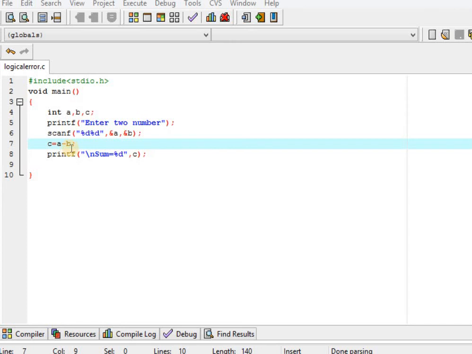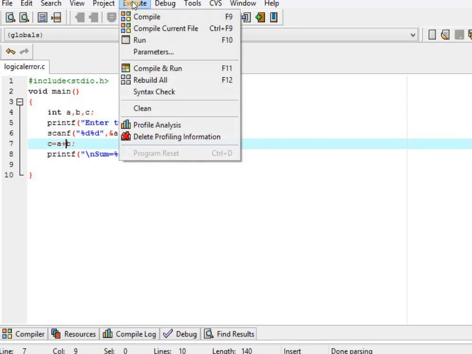We want the addition of two numbers, but here we perform subtraction, and this type of logical error which we make occurs at runtime.